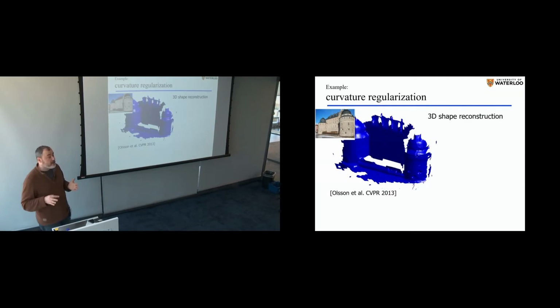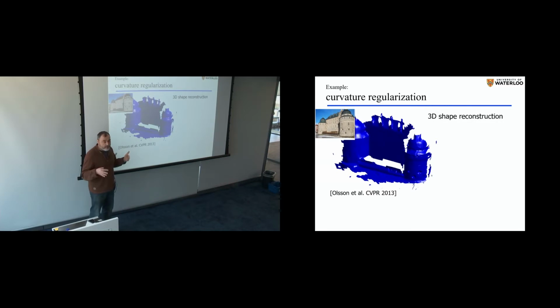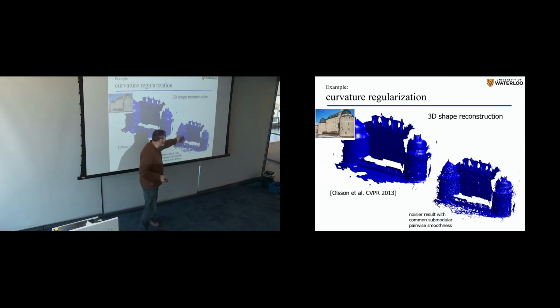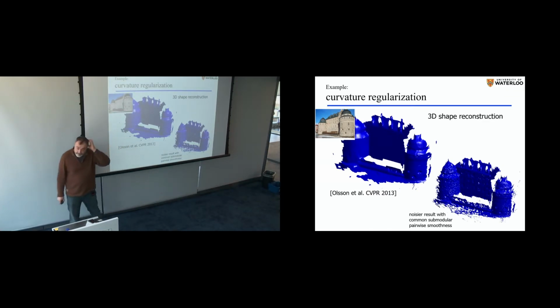And if you go to stereo 3D shape reconstruction, curvature still gives you state-of-the-art results on benchmarks. Roughly speaking, the pairwise model would give you results like this. It's just representative results, I'm not making any big point about this, except that if you go to some of the databases, many of the methods producing state-of-the-art results use curvature regularization. So it's a nice thing.